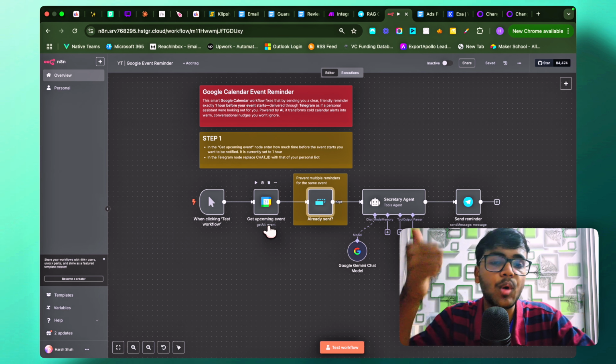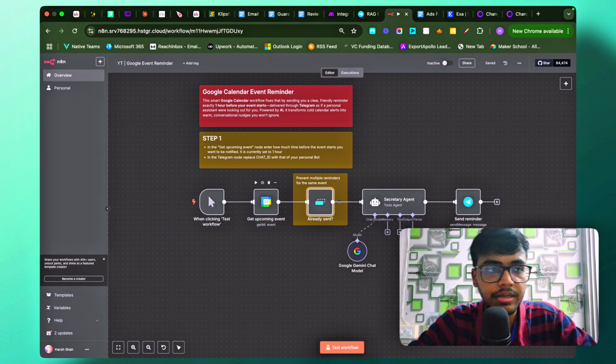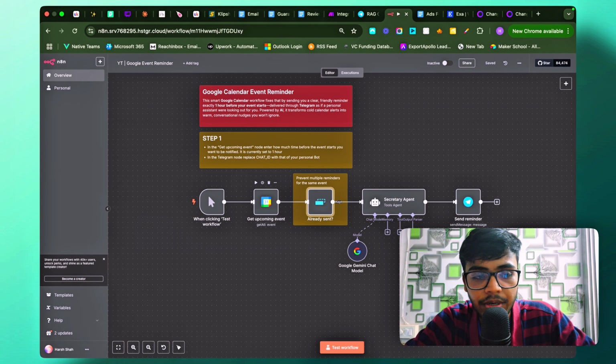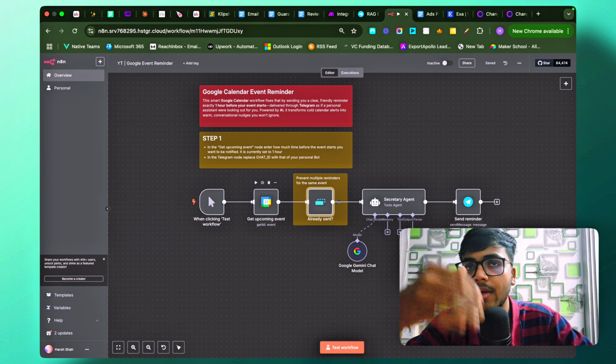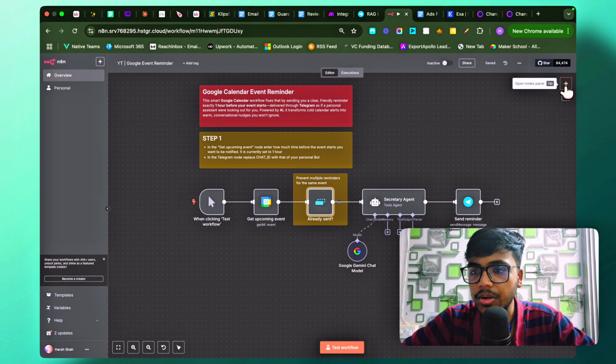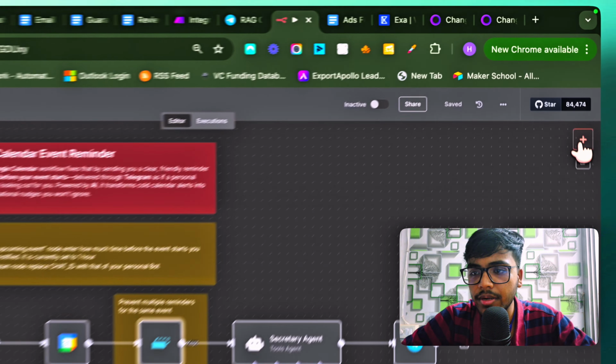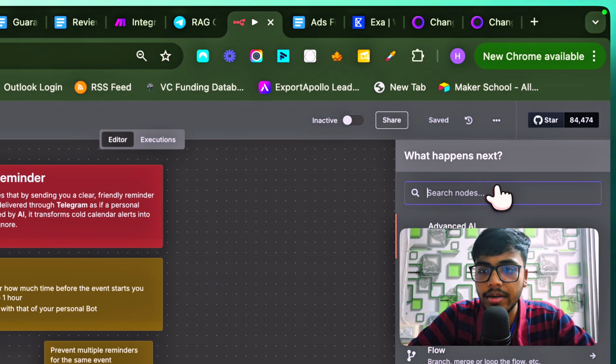So the first step always in your n8n workflow is the trigger. It totally depends on what sort of trigger you need. For example, if you need to schedule a trigger on a specific time interval, if you want to run this every 1 hour or 1 minute, you can choose the schedule trigger. In our case, just for testing purposes, we have selected the manual trigger that you can add from here. Just type it and